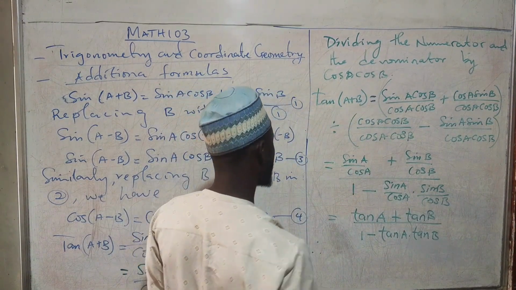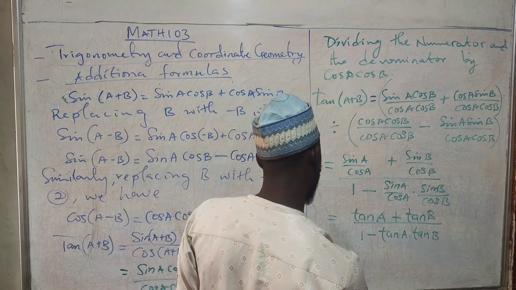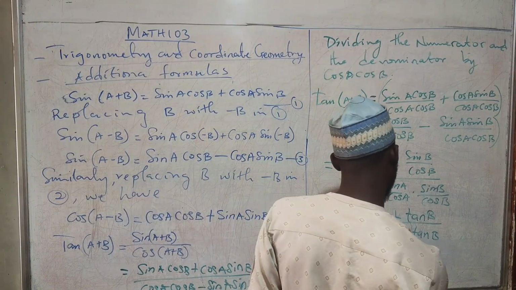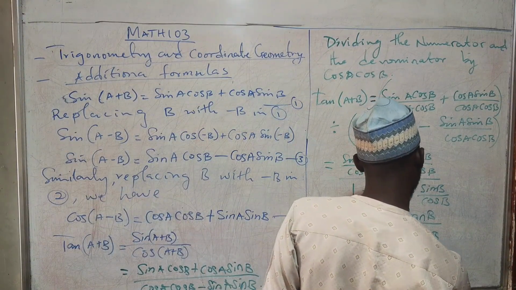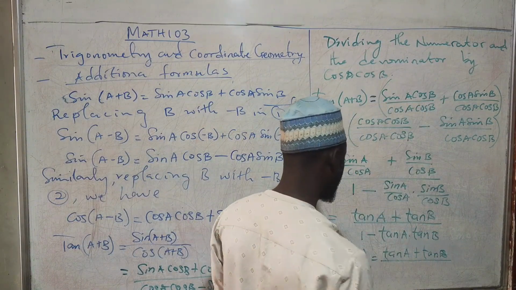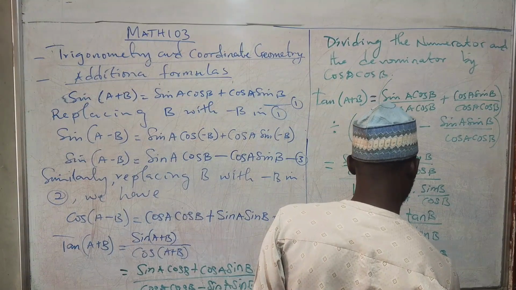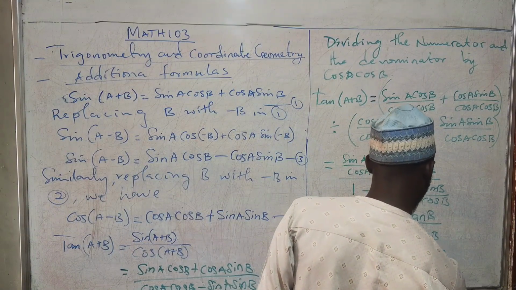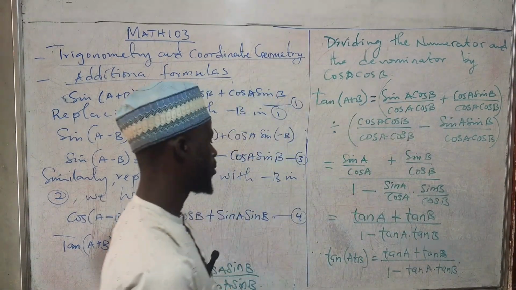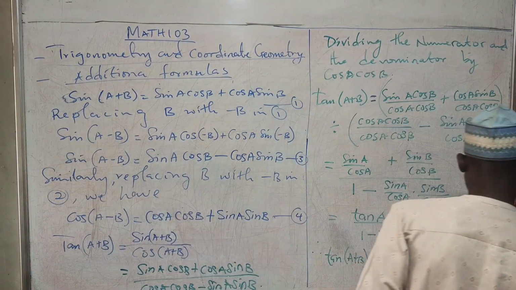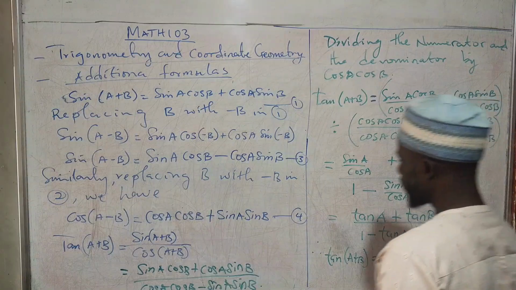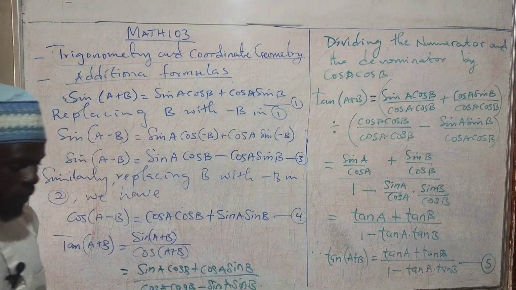So therefore, in a nutshell, if you have tan of A plus B, the answer is equal to tan A plus tan B, divided by 1 minus tan A times tan B. So maybe you can give this equation 4, and this equation 5. Okay,